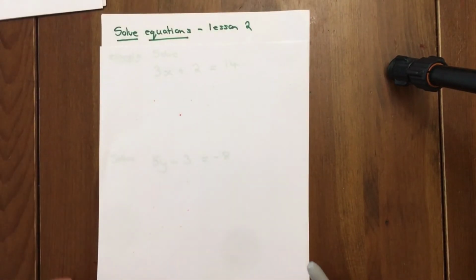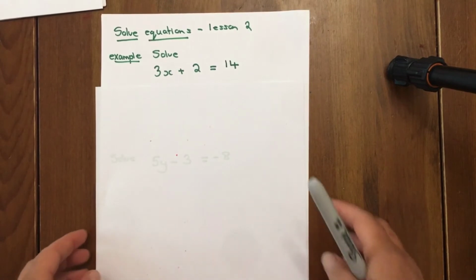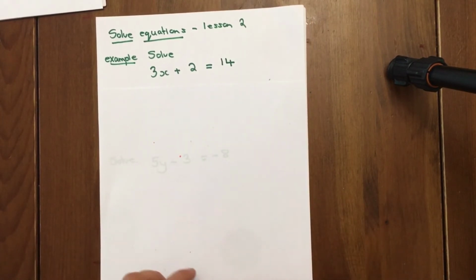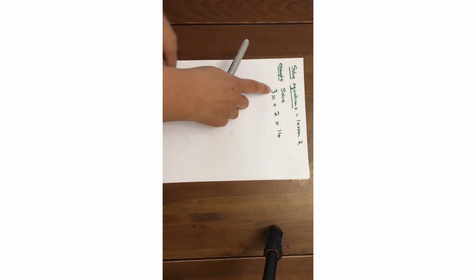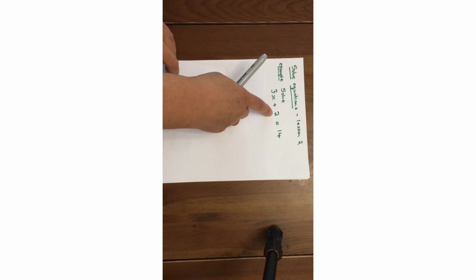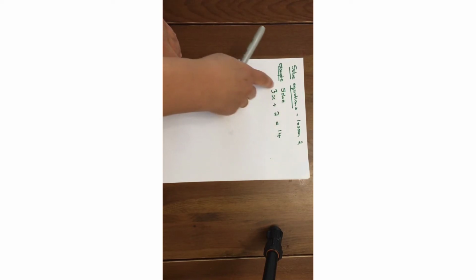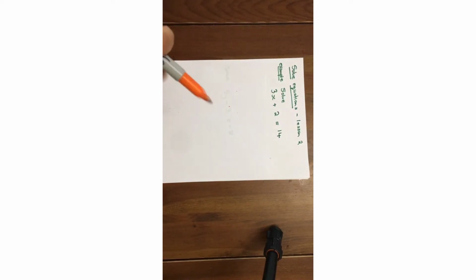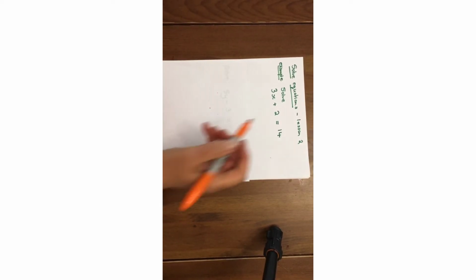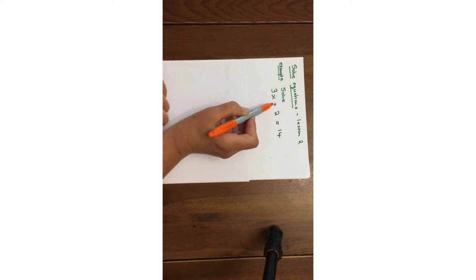Okay, so today's lesson, solving equations lesson 2. We're going to look at two-step equations. So we're going to look at equations where you've got multiplication and addition, that's why it's called a two-step equation. So how do I find my solution for x? The first thing I need to do is to do the opposite of adding 2 to both sides of my